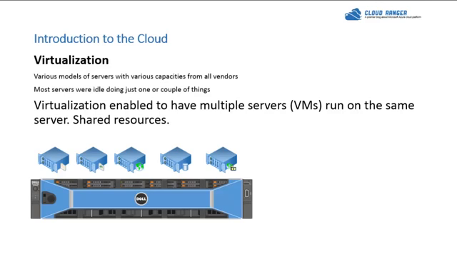So this would be one big server, right? And you have these 5 virtual machines, for example, running on it. It means the underlying physical server would have a lot of resources, but it would never be very idle. It would always be busy doing something because it's now technically running 5 servers.